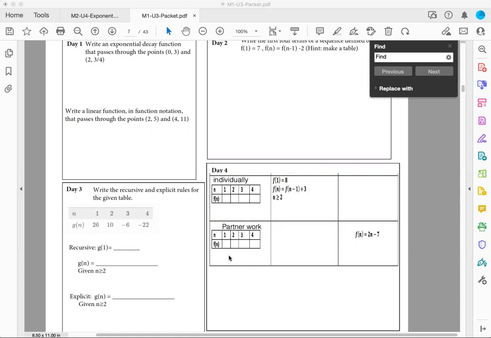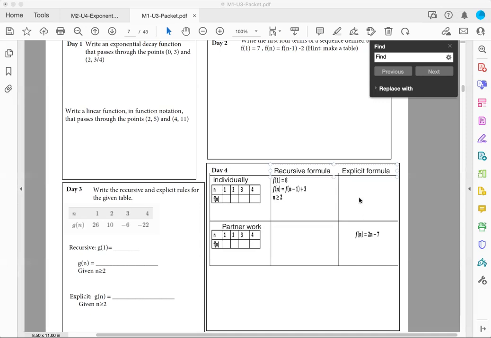Notice in the first example, you're given the recursive formula. This is the recursive, the middle column here. And here, you need to document the explicit formula or rule. So for the first question, you're given the recursive formula, and you're asked to find the explicit and fill out the table. In the second part, you're given the explicit, and you're asked to complete the table and also write the